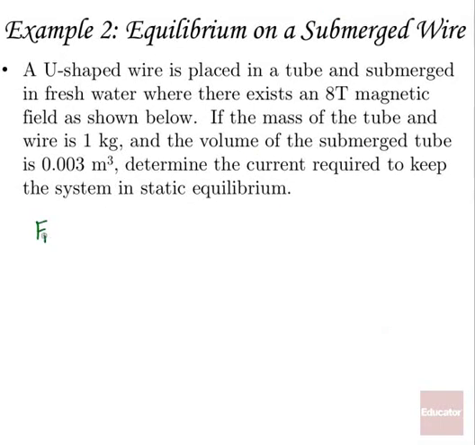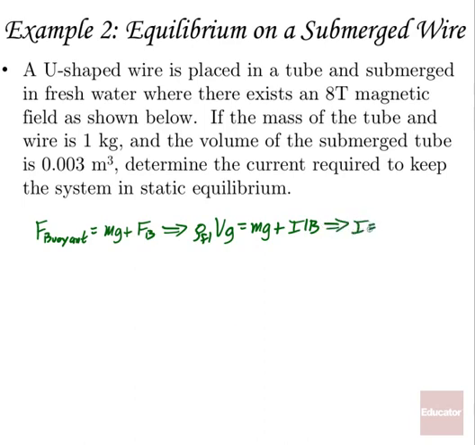The buoyant force must be equal to the weight plus the magnetic force on that wire. And the buoyant force, if you recall, is the density of our fluid times the volume of the fluid displaced times the acceleration due to gravity. That must be equal to mg plus the magnetic force, ILB sine theta, and in this case, sine 90 degrees is going to be 1. So the current, we'll solve for that. I must be rho Vg minus mg over